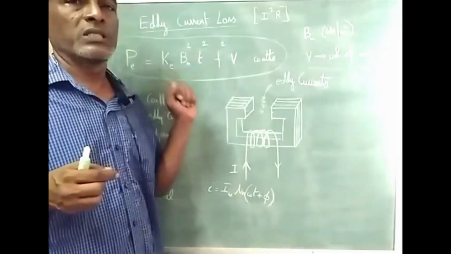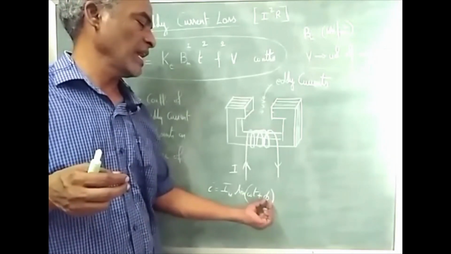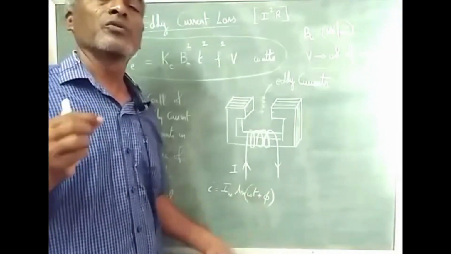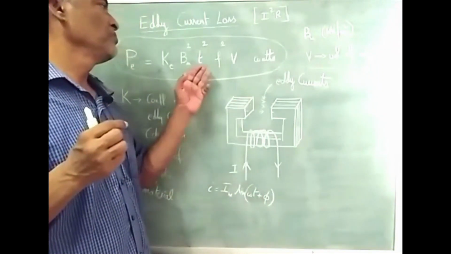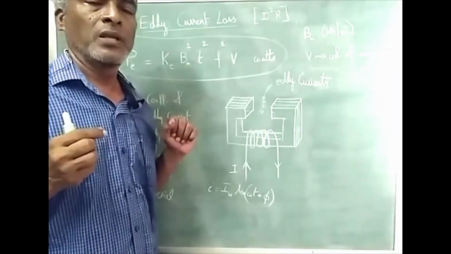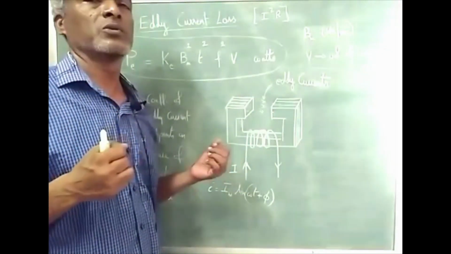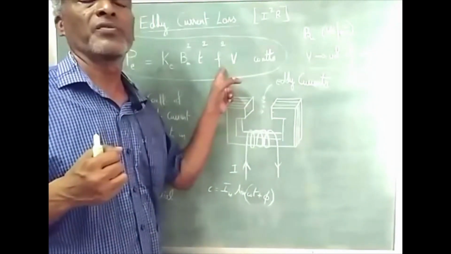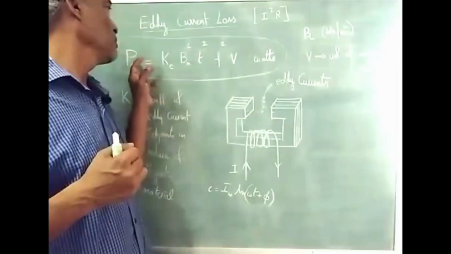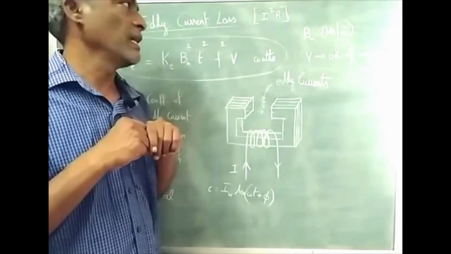Then we have frequency. As I already told you, sin(omega t plus phi), where phi is the initial angle. It can be 0 also. Now omega is 2 pi f. If you have 50 Hertz operation, then 50 Hertz square gives the power dissipation. Now suppose the operating frequency is 1 kilohertz or 1 megahertz. What will happen? This is an increased frequency, and that squared is a higher value. Therefore, the power dissipated in the core magnetic material is high.